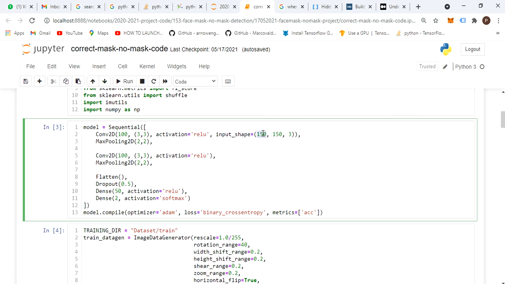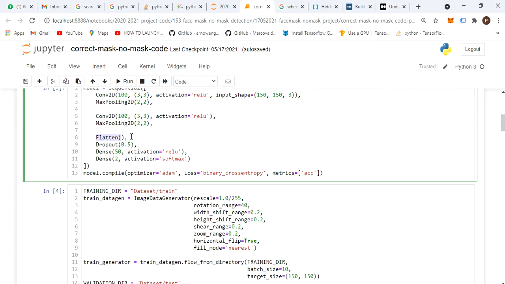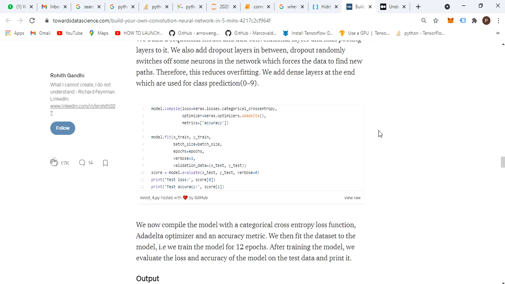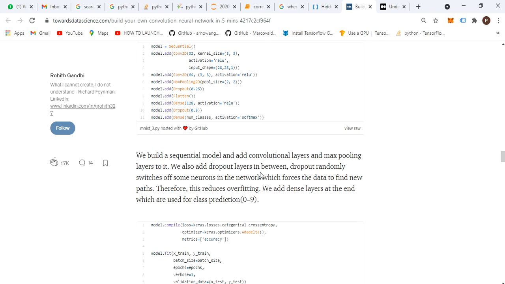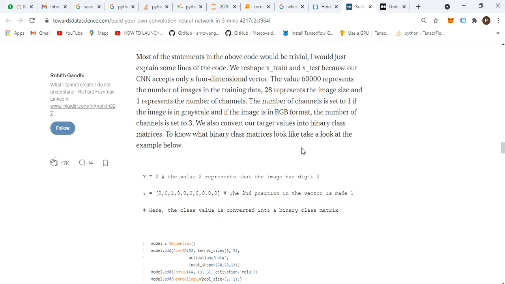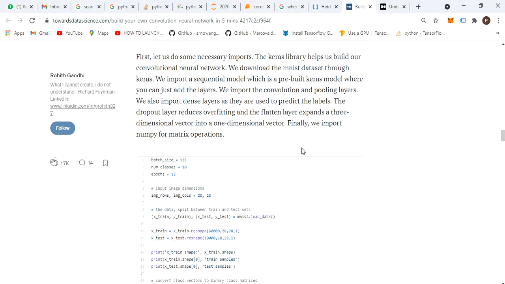Here we are saying that our input shape will be 150, 150, and 3. Then we are flattening the layer and introducing a dropout of 50%. Dropout neglects that layer so that overfitting is avoided.